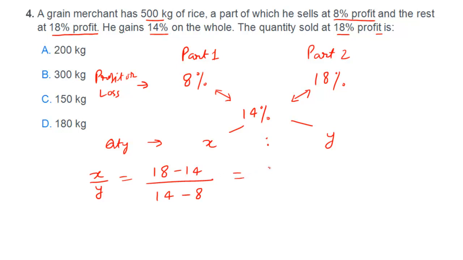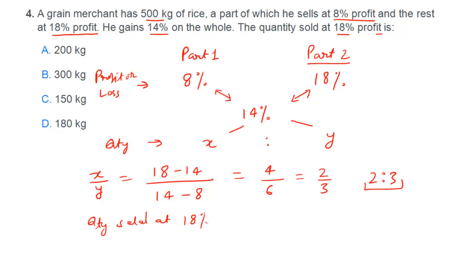Okay, so this is 4 and this is 6. So 4 is to 6 or 2 is to 3. He should divide in the ratio 2 is to 3. So now we got this ratio, and the question is the quantity sold at 18% profit. So this part, okay. So quantity sold at 18% profit,